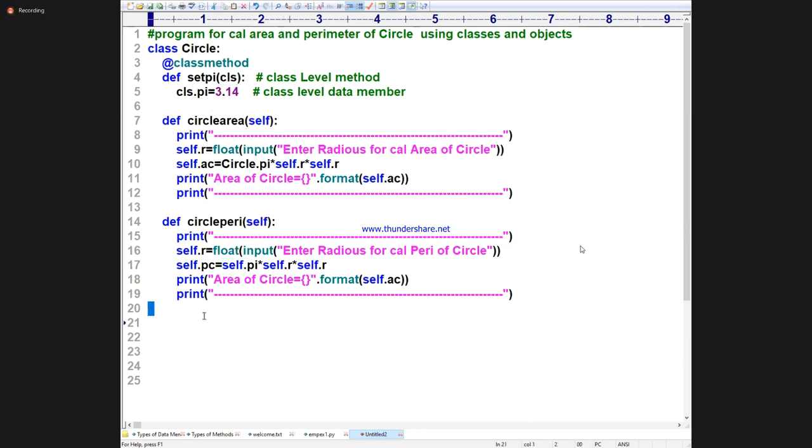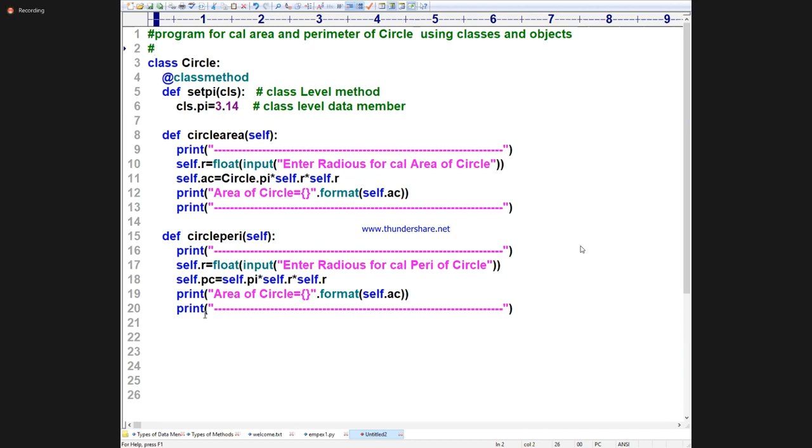Okay, now this is called our class name. What is my program name here? I'm taking circle demo dot py. Now come down to the main program.